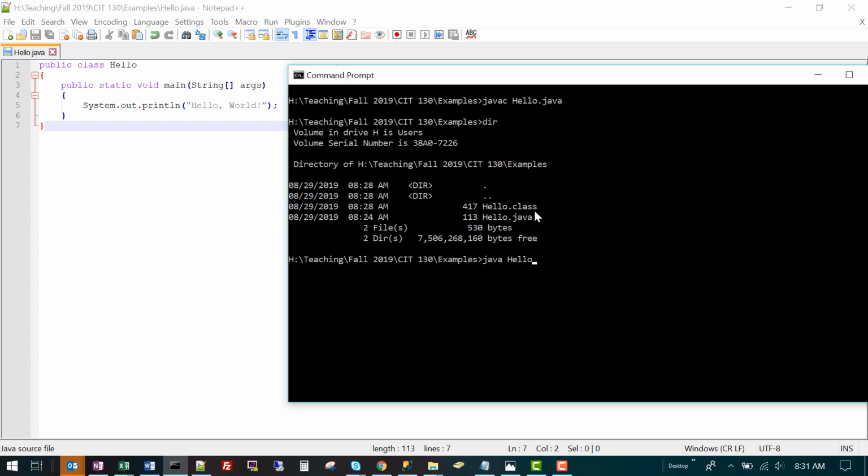It is understood that the file being fed to it is a .class file, and if you type in the .class, you will see an error. It says it could not find or load main class hello.class. The reason in this case is it's actually looking for hello.class.class.